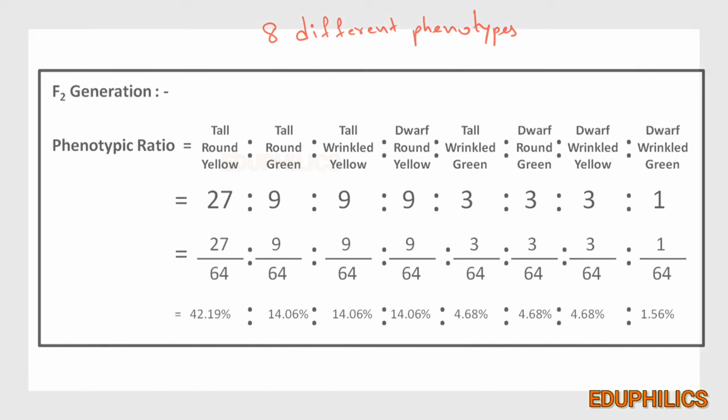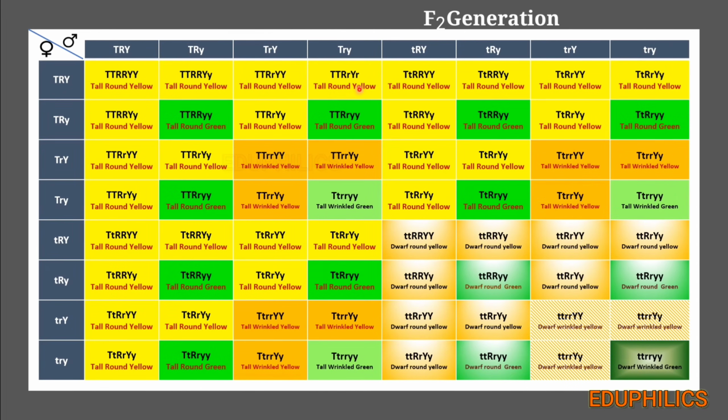Now let's look at the genotypic ratio. To know the genotypic ratio, first of all we should know how many different genotypes are formed, then count them and write the ratio. That's it. When the genotypes are completely homozygous, the ratio is only 1. This is only 1. Homozygous tall round yellow is just 1. Likewise, the homozygous dwarf wrinkled green is also just 1. The heterozygous genotypes, okay, this is heterozygous here. So usually it is 2. We got 1 here. Let me find the other one. Okay, this is the second one.